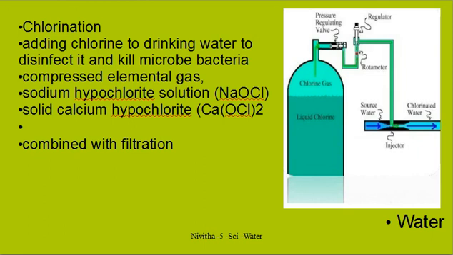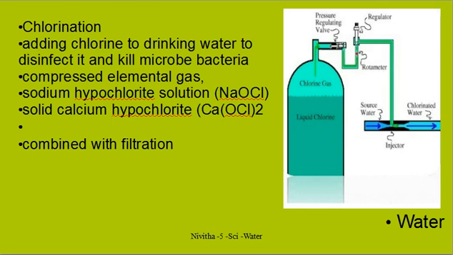But normally in households, we use boiling. Boil water for 10 minutes and most of the pathogens will be killed and it will become clean and fit for drinking. Chlorination that we do in the water tank of a whole building or the water tank of a whole village, there we do the chlorination. These are the two methods of purifying water for drinking. Why? To kill the pathogens or disease causing germs.